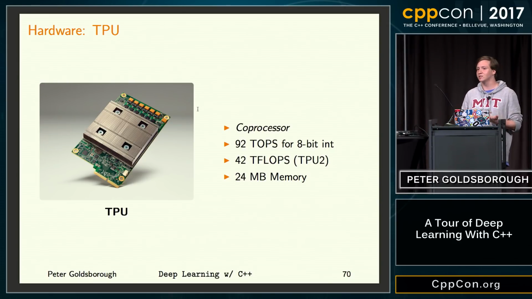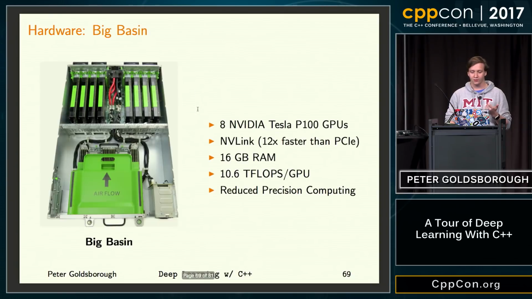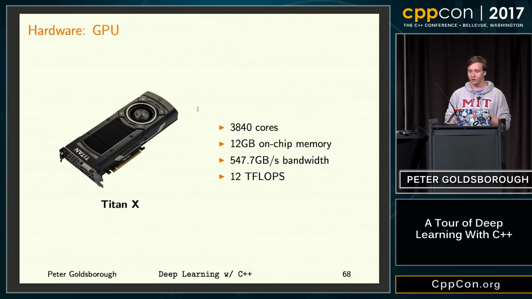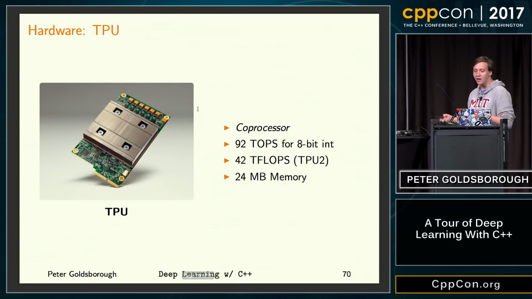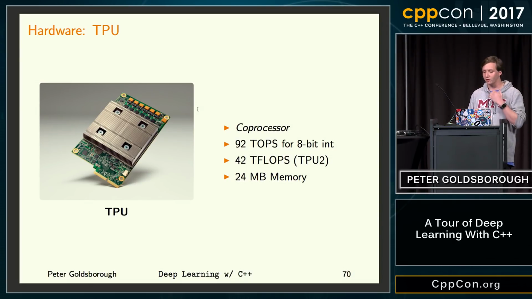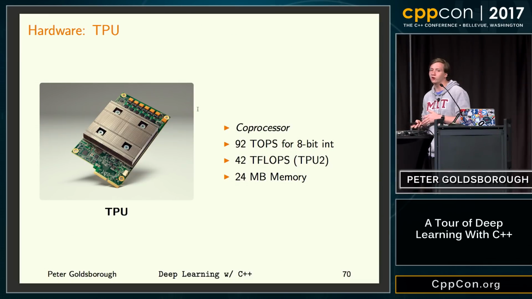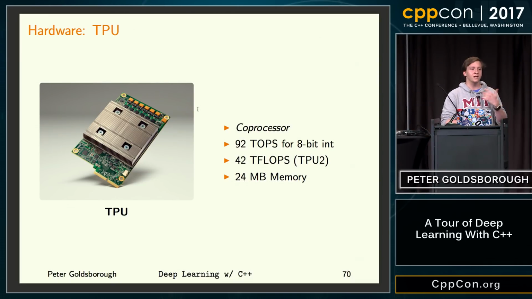That also means that it only has 24 megabytes of on-chip memory. But the one thing it's really good at is computation of matrix multiplications. For these 8-bit quantized operations, it can do 92 teraops, which compared to the equivalent Titan X is a lot more. Those are teraops for 8-bit ints, and even for flops, it can do 42 teraflops compared to 12 teraflops. So that's a typical ASIC, and there are lots of other devices, lots of startups coming up with exciting new architectures to solve this entirely new way of computing.